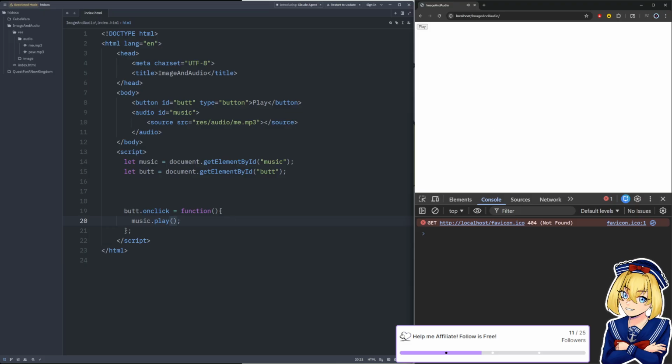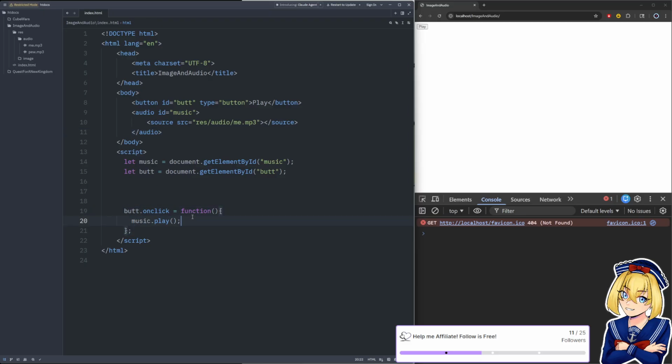All right, it played it. So that's what we were looking for. So if you are looking to play music in the background of your game or something, then this is definitely something you can do. You could just put it onto the page, make it not visible like we have now, and then when you enter the situation where you would play the music or the sound, you can just make some sort of flag that then plays the noise.